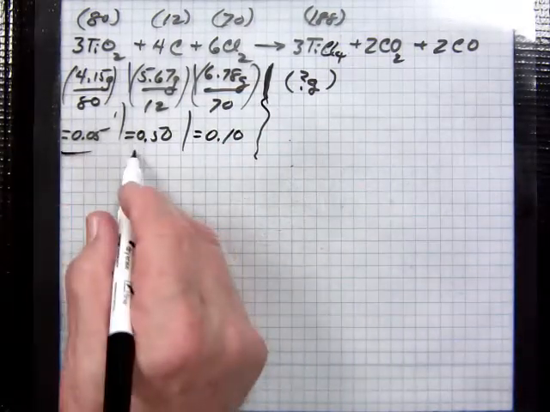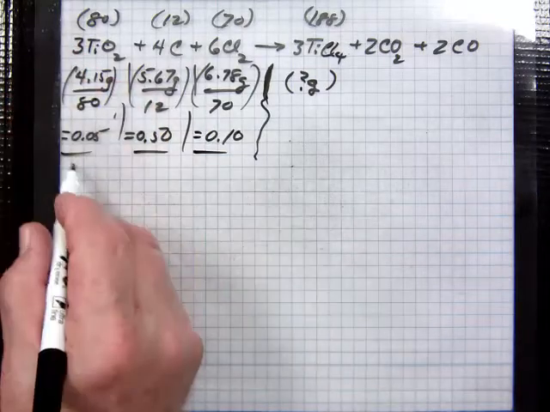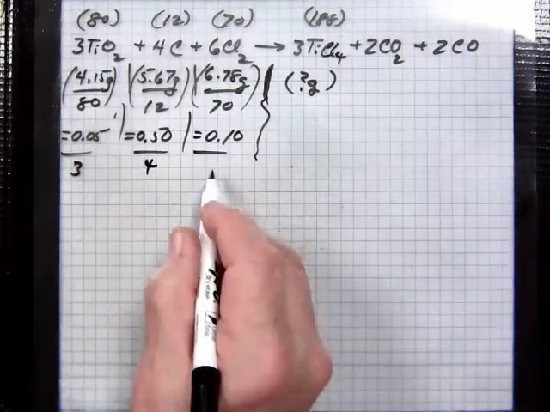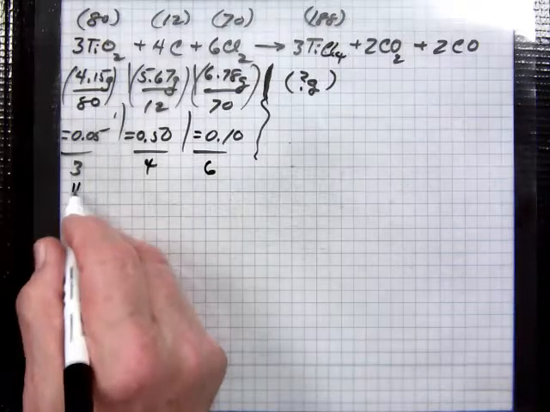Now we divide by respective coefficients, which is a 3, a 4, and a 6. So this gives us